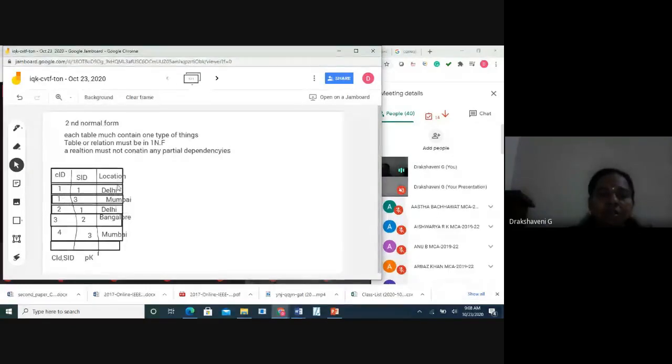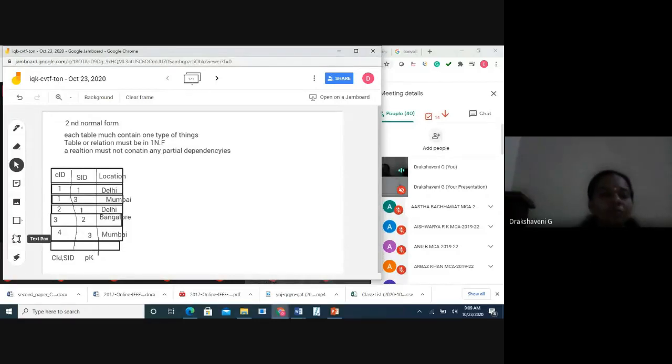You can see customer ID is repeated. Location: suppose there are 50 plus students here, and I create a customer ID for each of you because you want to visit a store, let us say Metro, and purchase so many items. Then the location, all are in Bangalore only, right? Because we are going to the Bangalore metro station. So what will the location say? Bangalore, Bangalore, Bangalore. How many times do I have to repeat? I have to repeat 51 Bangalores because all 51 are in Bangalore only. So this is not a good relation. This is not a good table.